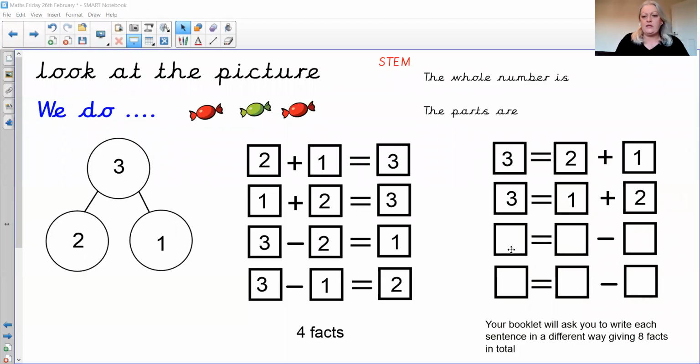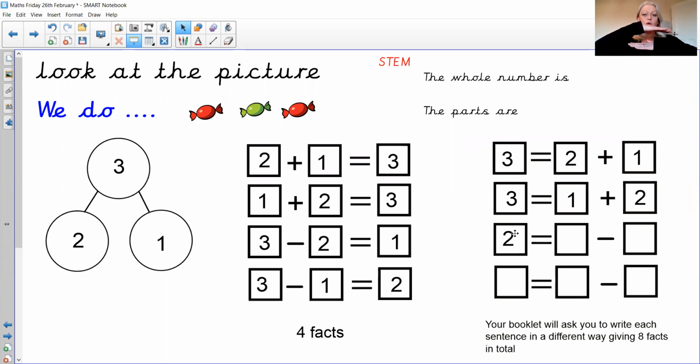Okay, these are the ones that even Mrs. Burton is finding tricky. I have to put the takeaway. So here's your calculation. So something, take away something, is on this side of the equals. So I have to put a part this side. So I'm going to put 2